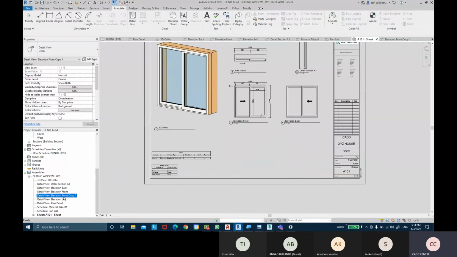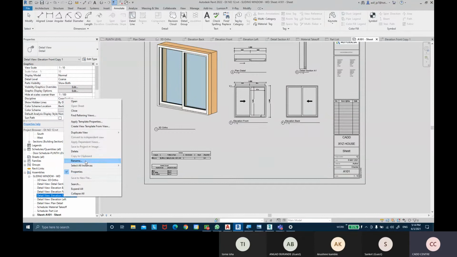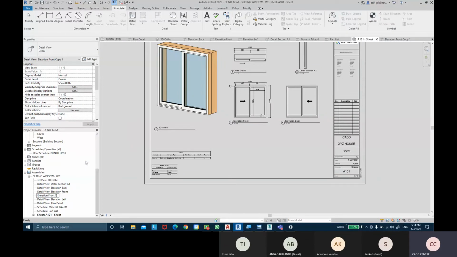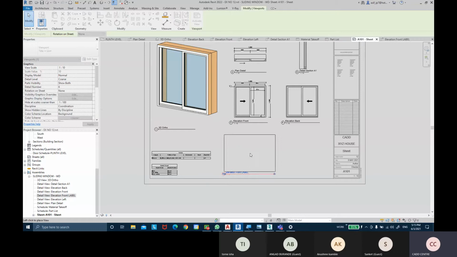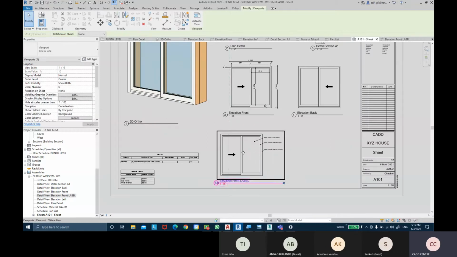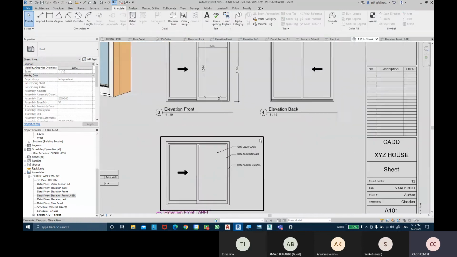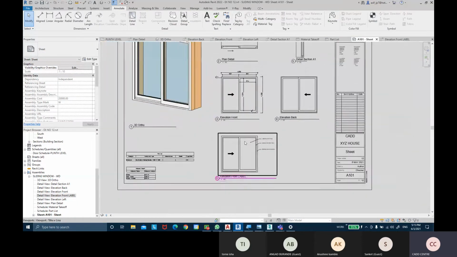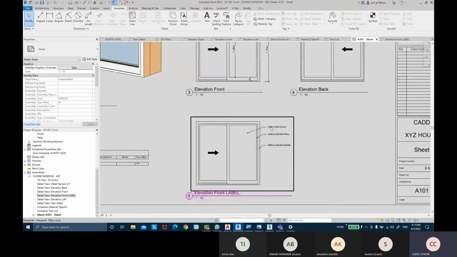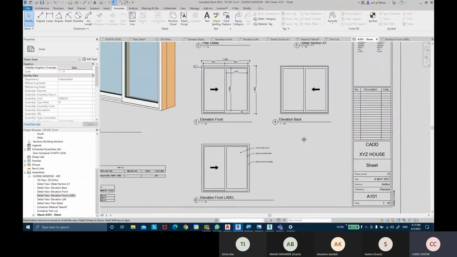Drag this copy. I'm going to rename this copy. Call this as front elevation front. Call this as labeling. In this we have dimension detail, and in this we have labeling details.